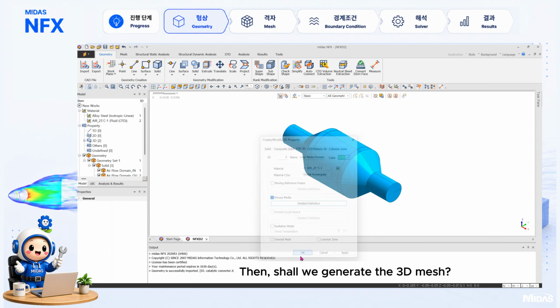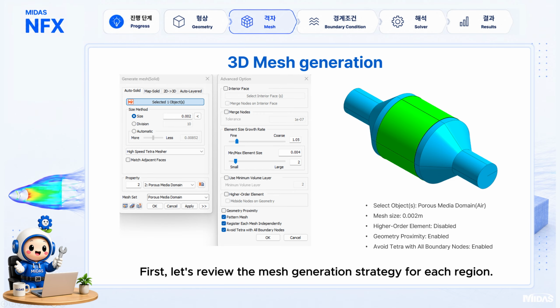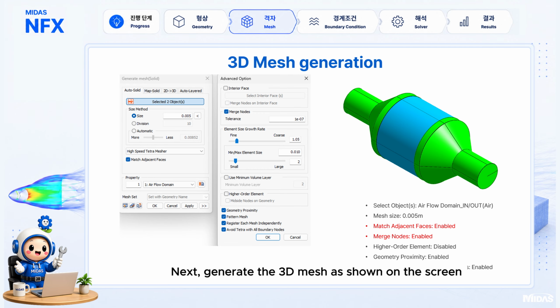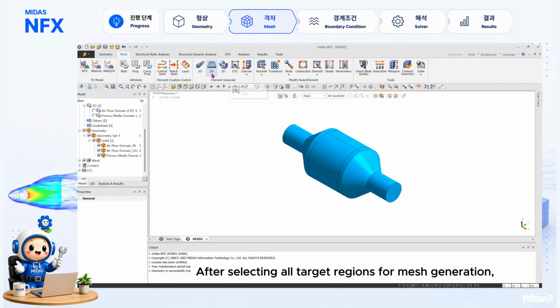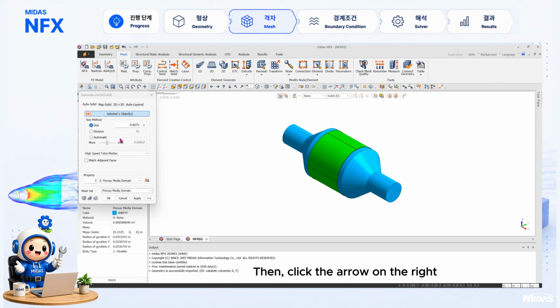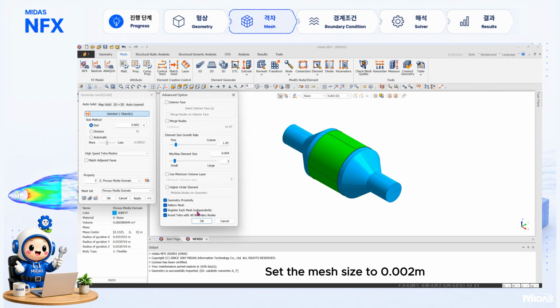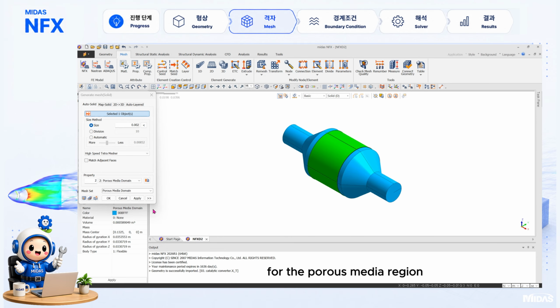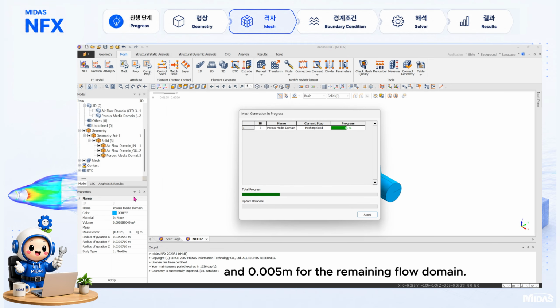Then, shall we generate the 3D mesh? First, let's review the mesh generation strategy for each region. Next, generate the 3D mesh as shown on the screen. Configure the mesh size settings and activate the checkboxes. After selecting all target regions for mesh generation, make sure that the properties have been correctly assigned. Then, click the arrow on the right and enable geometry proximity and avoid tetra with all boundary nodes to create a higher quality mesh. Set the mesh size to 0.002 meters for the porous media region and 0.005 meters for